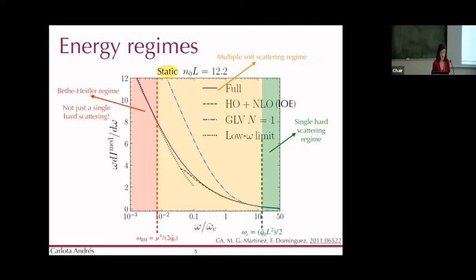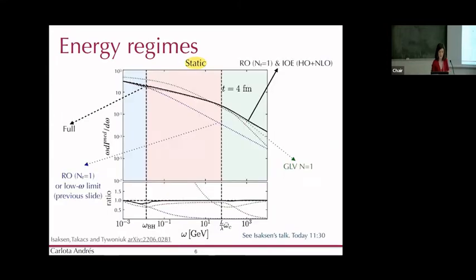And then we have some formula that we derived that is just the low omega limit of the spectrum, which is semi-analytical, and at some point breaks and cannot work at high energies. This is something we did last year, and it is very nice because it allows us to understand a little bit the physics and the different energy regimes. And then very recently, last week,